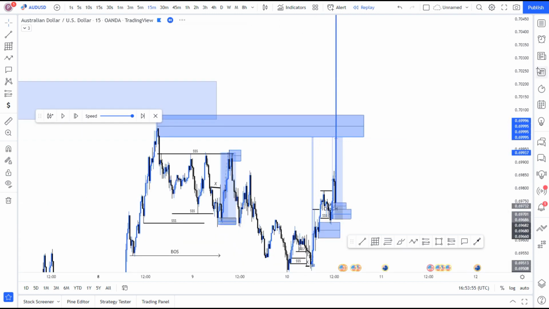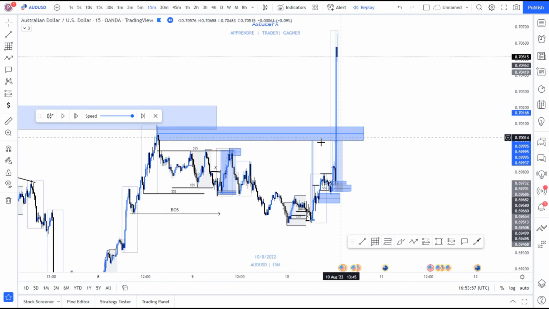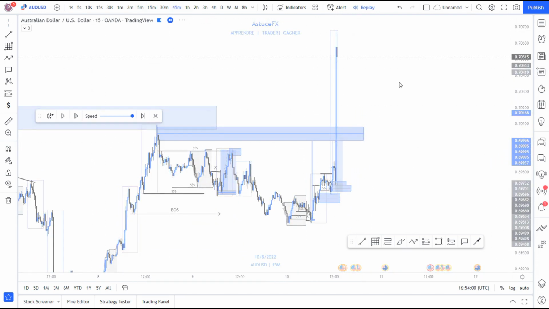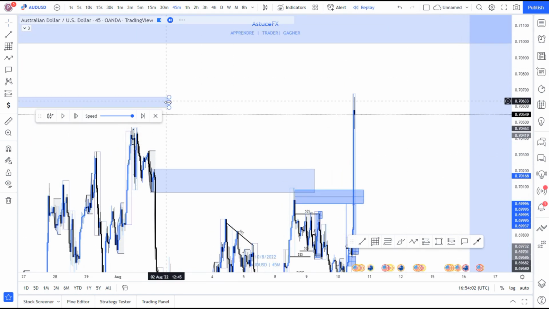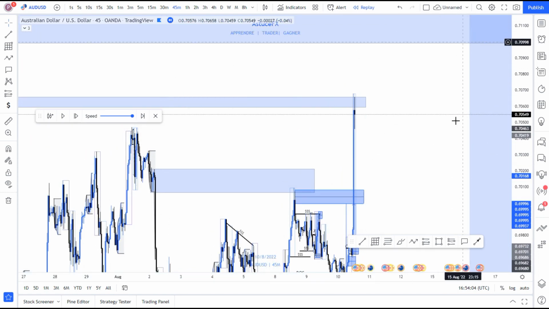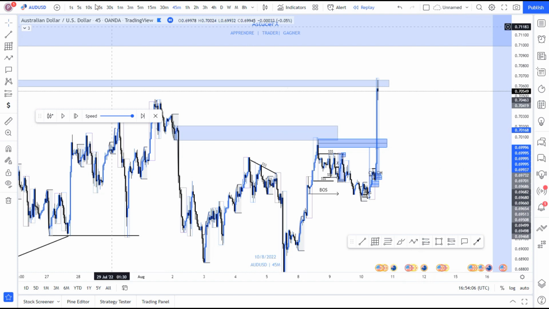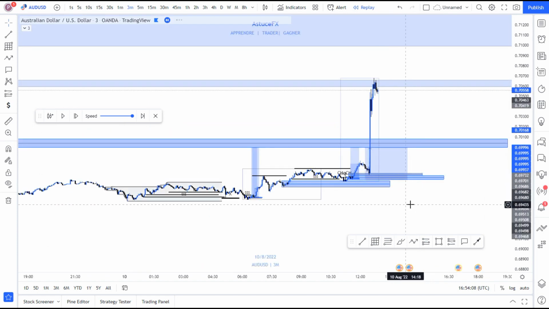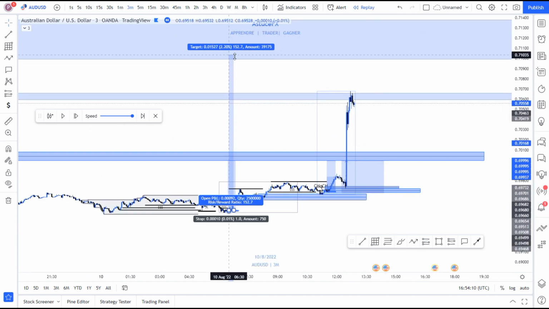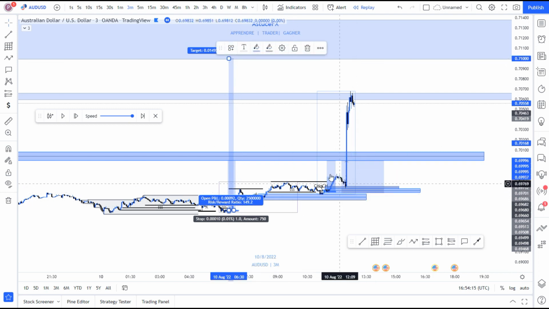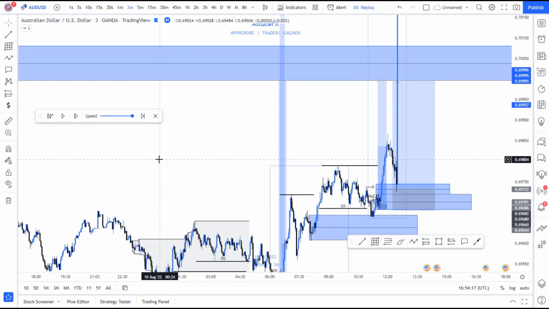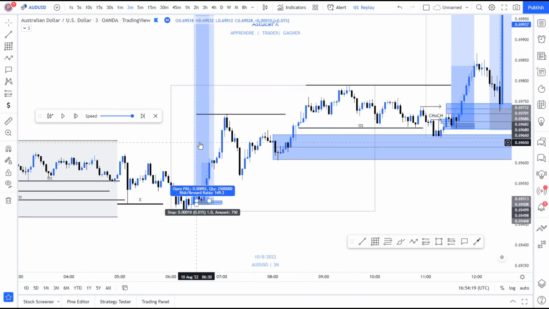But let's say if you want to target, if we break this, and if I don't take full profit, then I think my target is going to be the next zone. I have this zone, and I have this zone up there. Let's see if I want to target them, how many RR can I get? This one, I have 150 RR on this. Actually, 150. I think the 150 is based on the